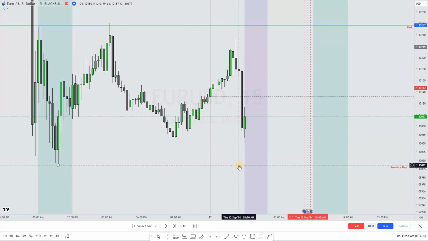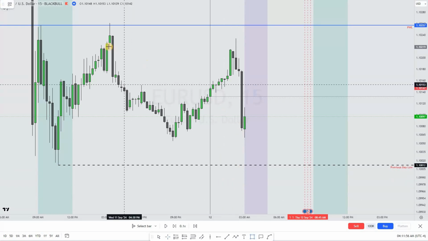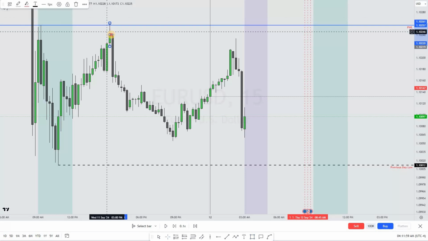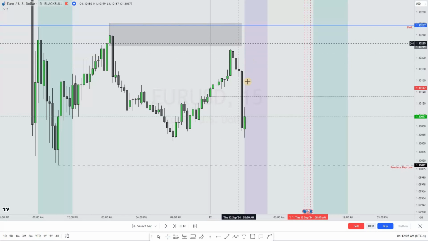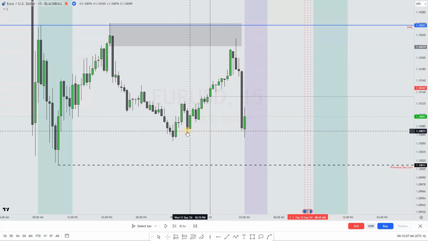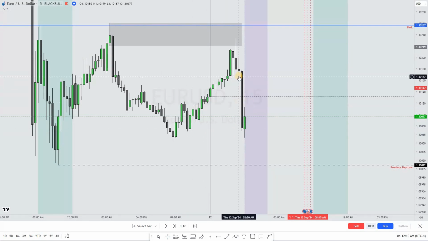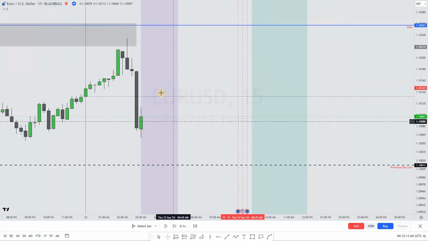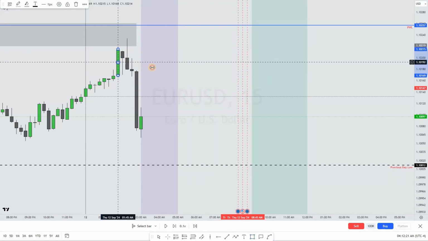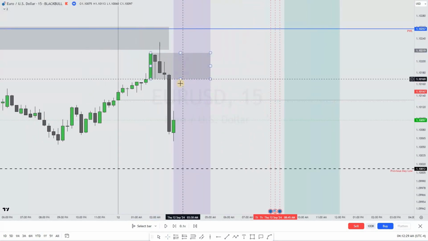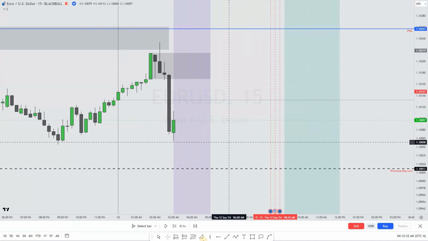So again on Thursday, looking at how the market was moving, I was looking to trade shorts down to this level over here, simply because price had already come up and retraced into this order block. Price had also already taken out this low, leaving an area of imbalance here. So I was waiting to take the trade off of, I think it was this candle. This was the area where I was waiting for price to retrace to, for me to enter and take this trade.